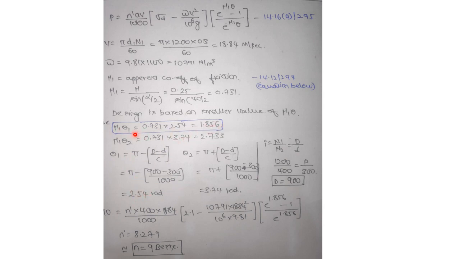So theta1 you calculate, theta2 you calculate. Mu1 into theta1 comes around 1.856, and mu2 into theta2 comes around 2.733. So highlight this particular portion, as you are selecting this value for mu theta, which is the smaller value. In this particular calculation, the value of d would not be known. You can just calculate it by using the velocity ratio like this. Now you have got e to the power of mu theta. We have got all the other values here. Now ready for the substitution.